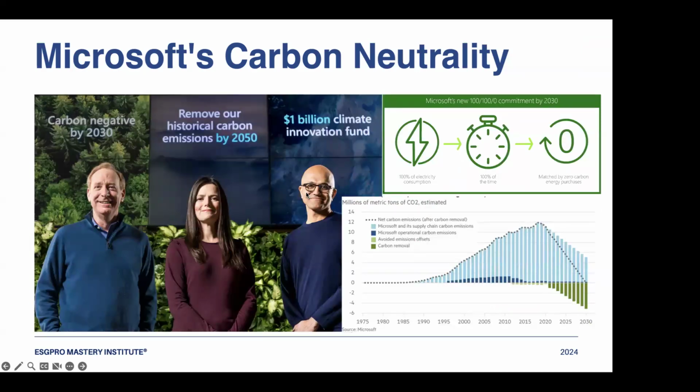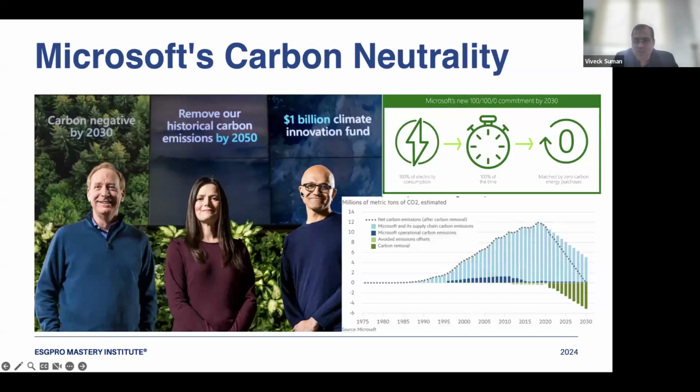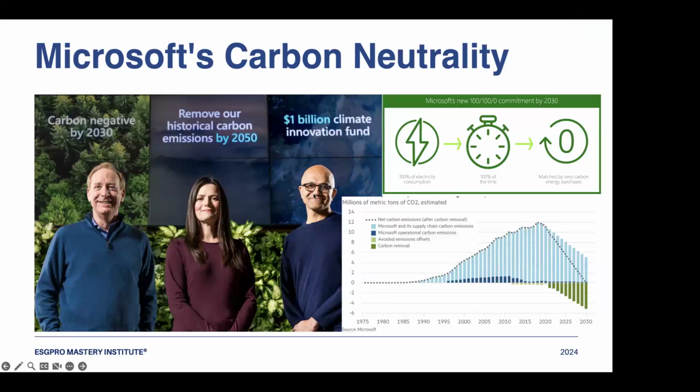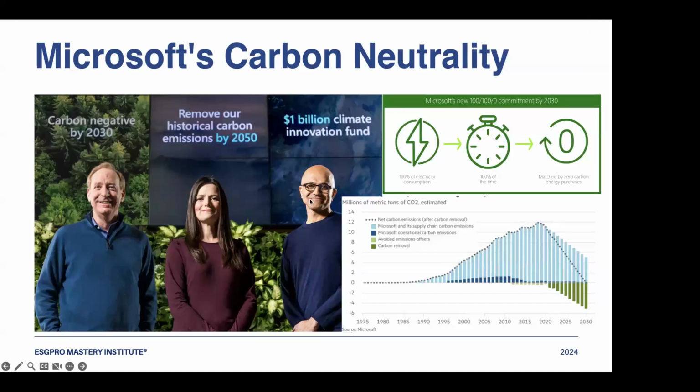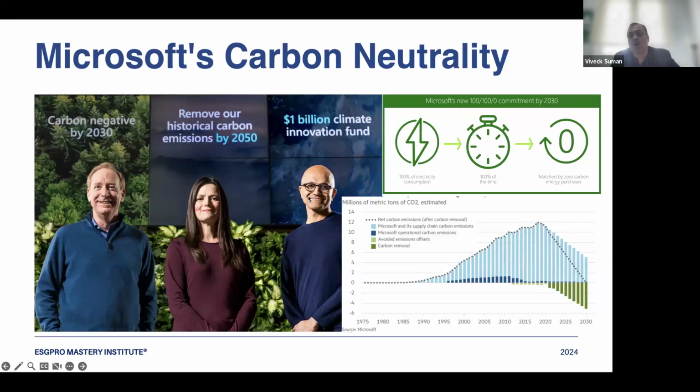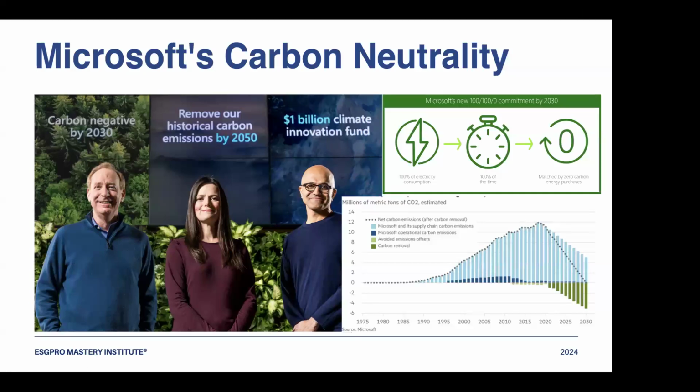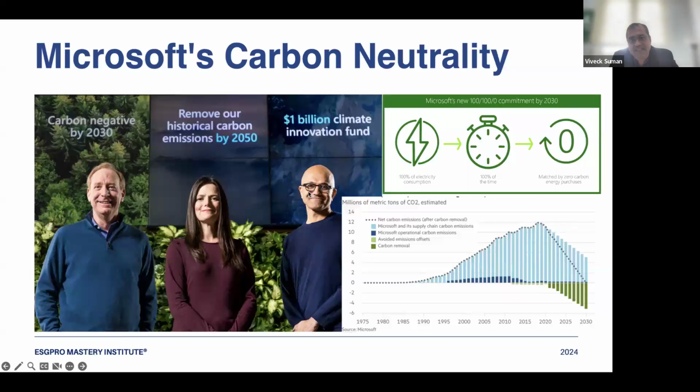Got it. Let me give you a little idea. Since 2012 onwards, till 2020, you see there is a small dotted line. I don't know if my cursor is there or not. I am trying to show you small lines in the color written with avoided emission offset. So currently Microsoft is offsetting by carbon credits, because exactly opposite to that, they have a carbon emission as well, which is in dark blue color. Similar amount. If the graph had been bigger, you could have made a relative understanding.